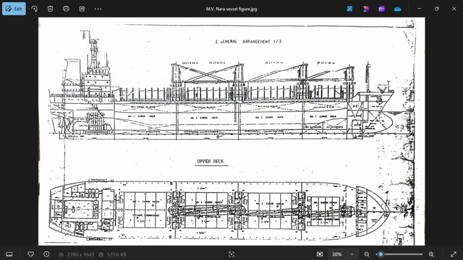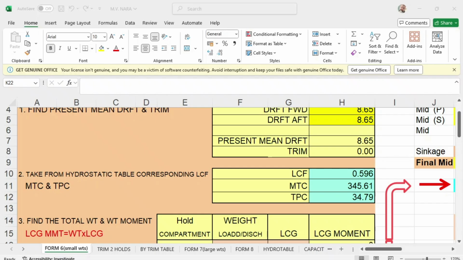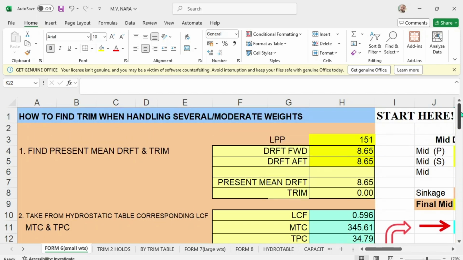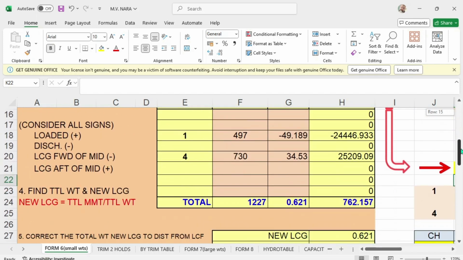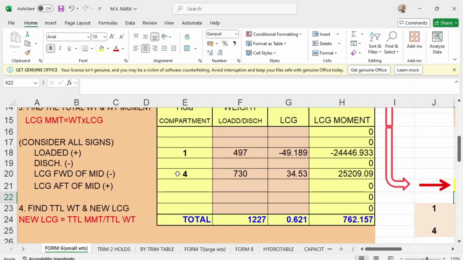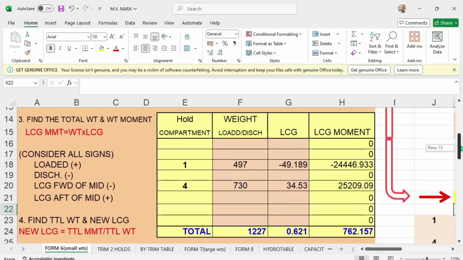Then let's go back. Once you load the cargo on number 1 of 497 and hold number 4 of 730, this will be your LCG of hold number 1.